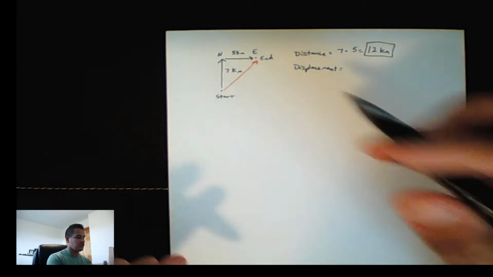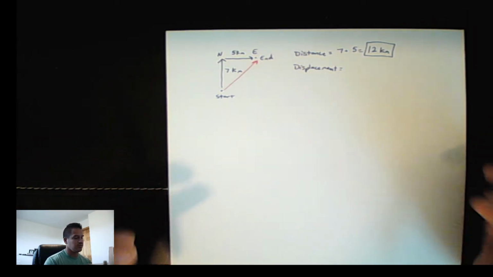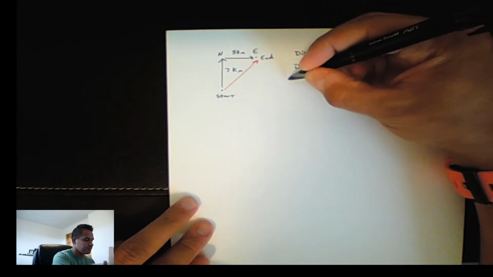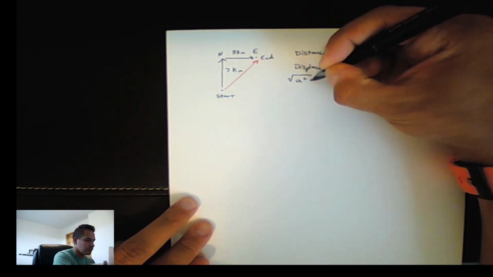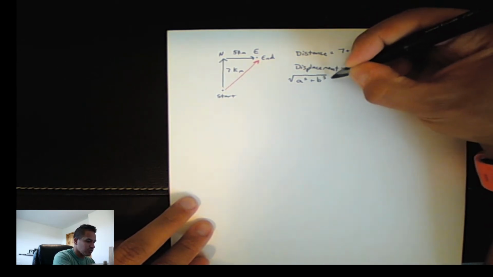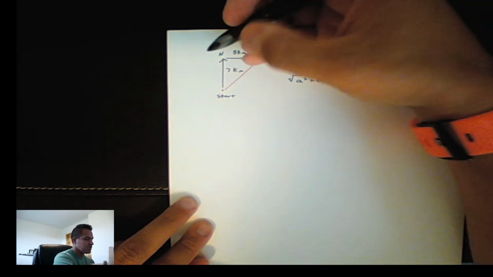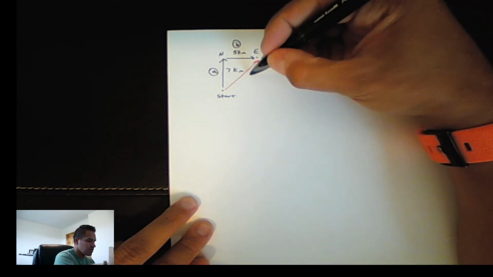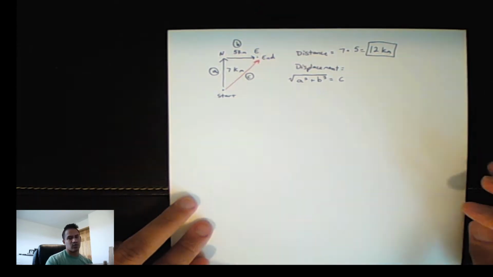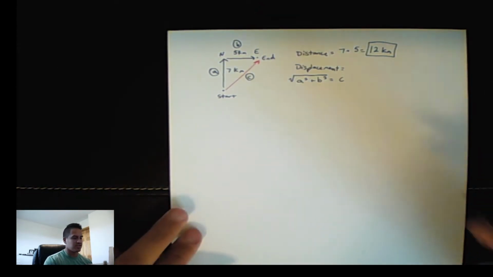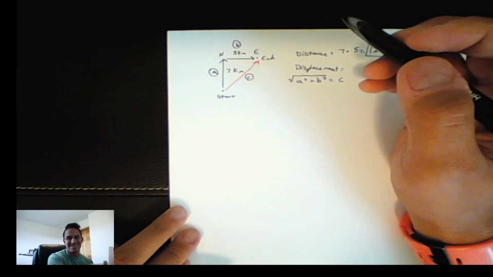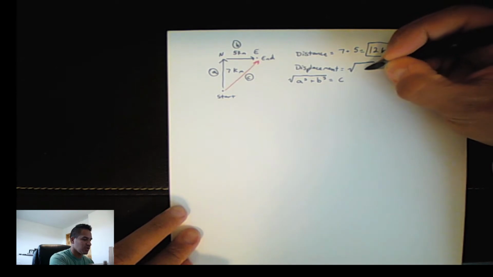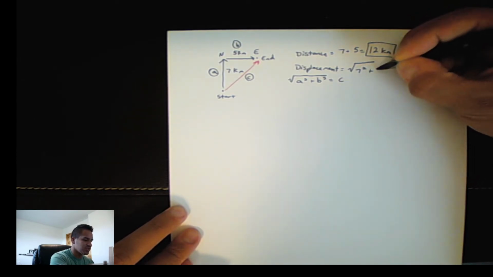So to do this, if we look at this, we're going to notice this looks like a triangle. Okay? And so to do this, we can use the Pythagorean Theorem. So we're going to go a squared plus b squared, square root that equals c. And in this case, we'll label this side a, this side b, and this side will be c. And it doesn't actually matter which side is a and which side is b. The one that matters is that the displacement part is always c. Okay? So we're going to plug this into a calculator. So we'll take the square root of 7 squared plus 5 squared